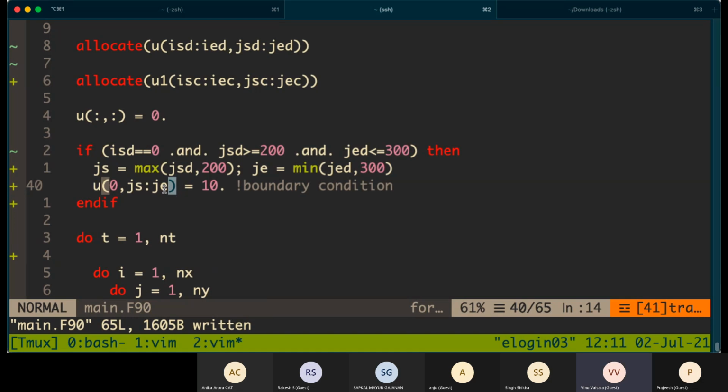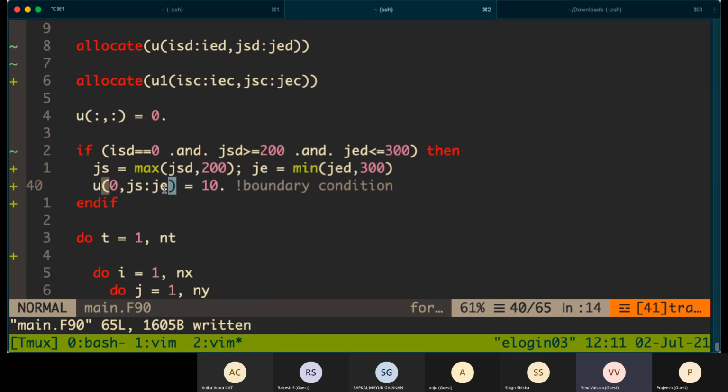Yes. So we keep a check with the maximum of the local JSD and 200, and a check with the minimum of JED and 300. But should this be inside a loop?